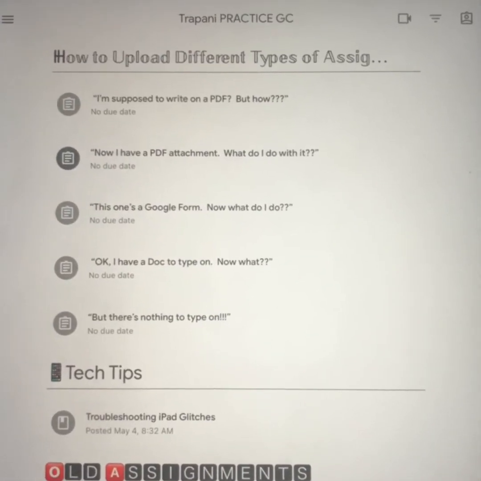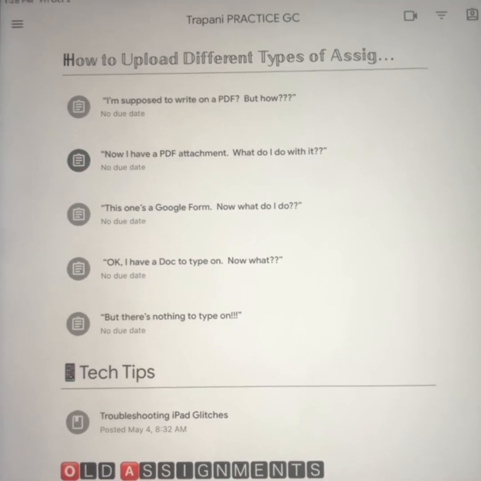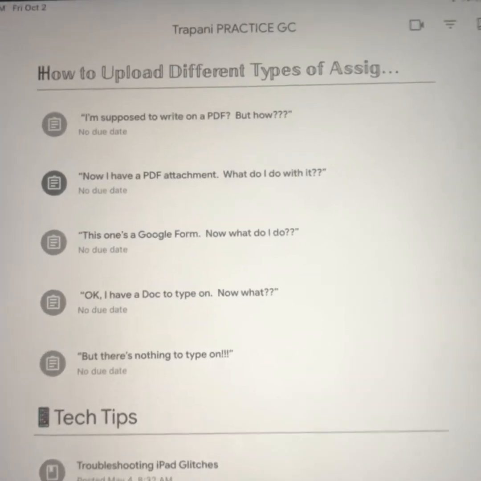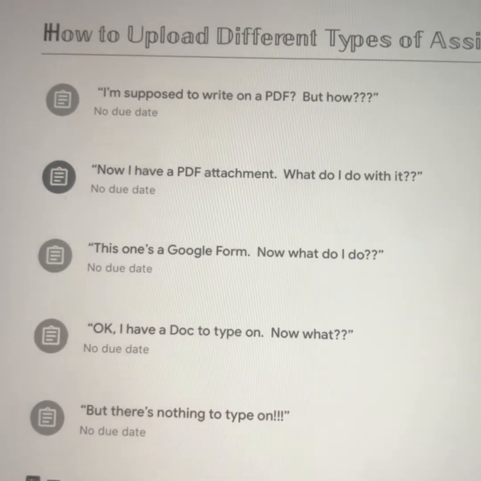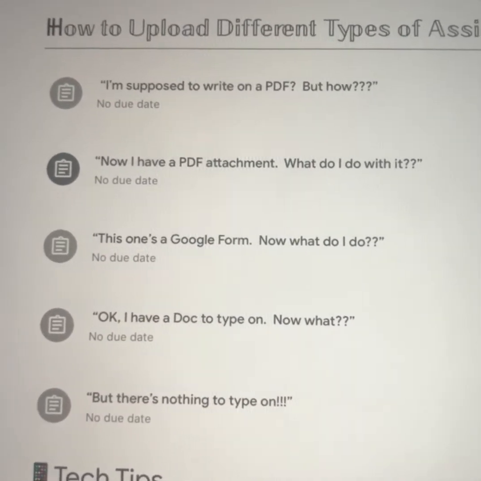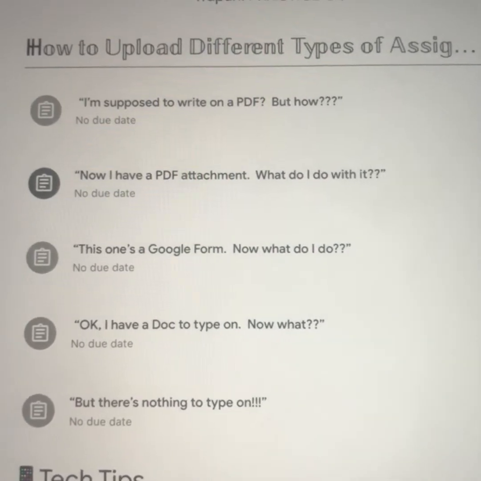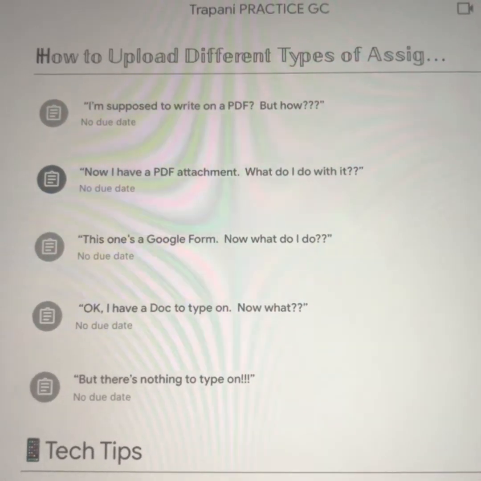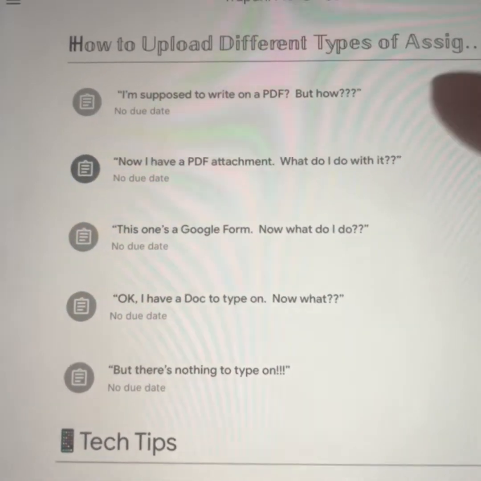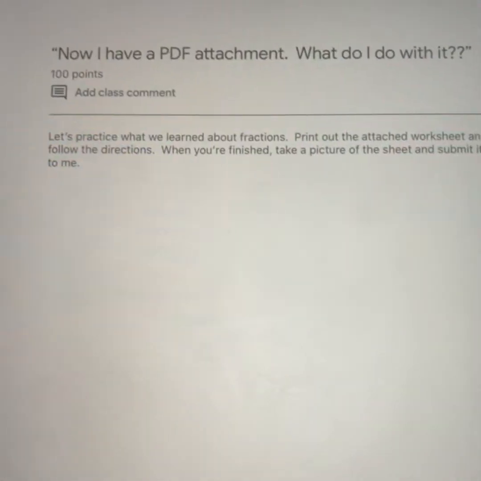Okay, so we're back at this list of assignments for the last time. This is the 5th kind of assignment, very similar to the one we just did with the PDF, but this one has a PDF attachment just like the other, but instead of asking us to write directly on it using a stylus or just our finger using the pen tool, the directions for this one, if we click it, say,